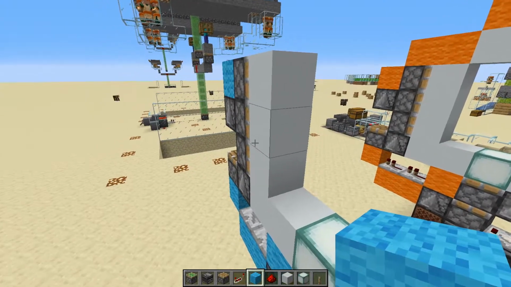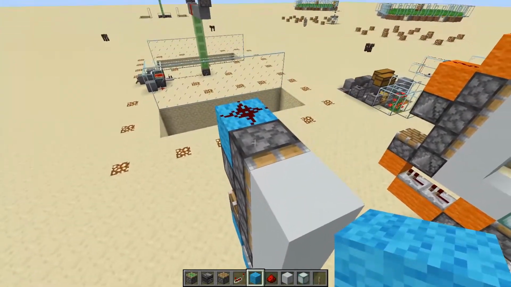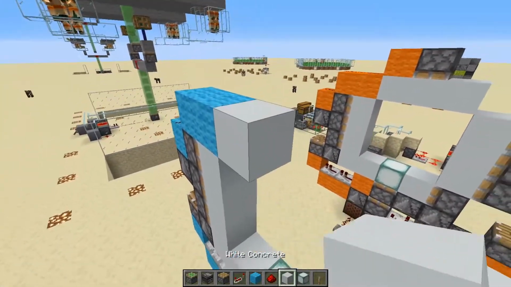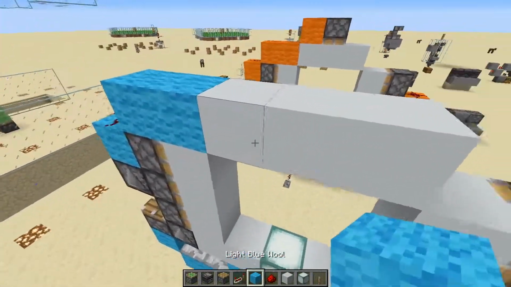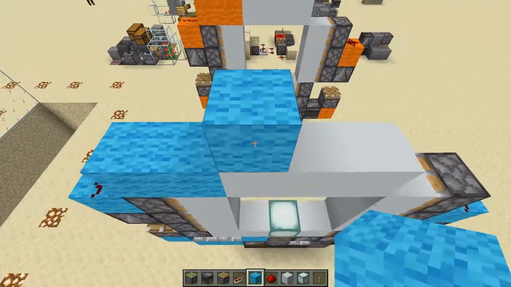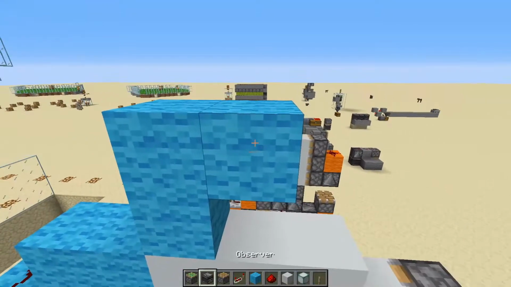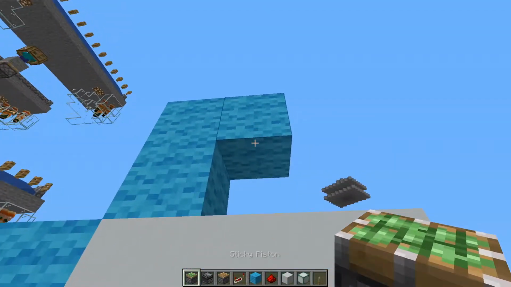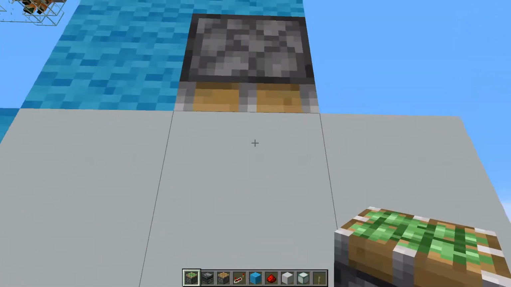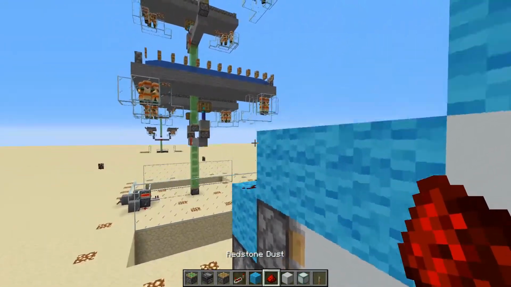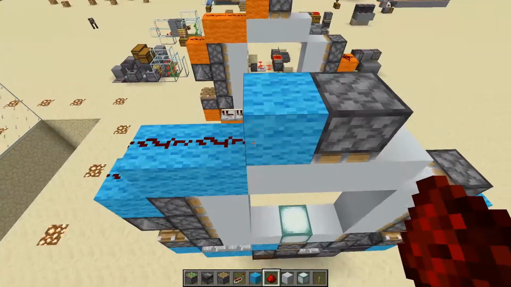And the top of the door is fairly simple. So take your building blocks, place 1 on top of this sticky piston, 1 on top of this door block, then take your door blocks and run a row of 3 like so, then take another building block like so. Then place a temporary block here and a temporary block just off this temporary block, then grab your sticky piston, come underneath and place it pointing down into your door block, then remove both of those temporary blocks. Then last but not least, all we need to do is place 2 redstone dust like so,